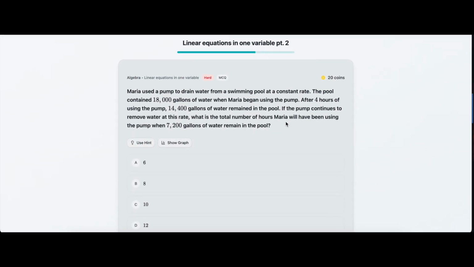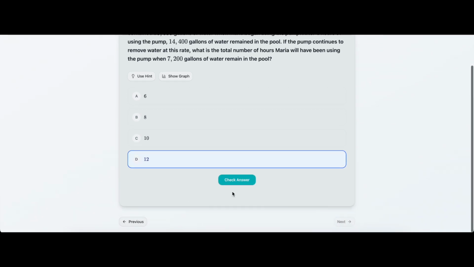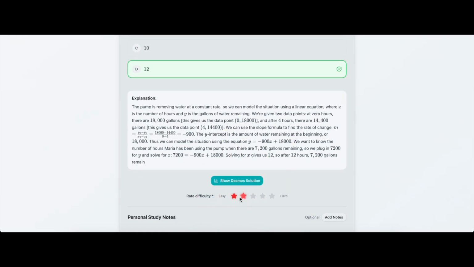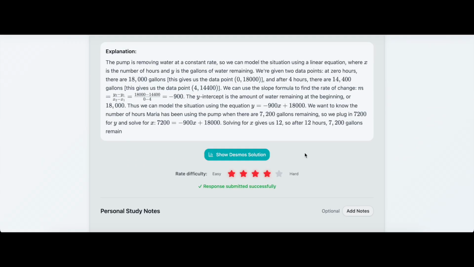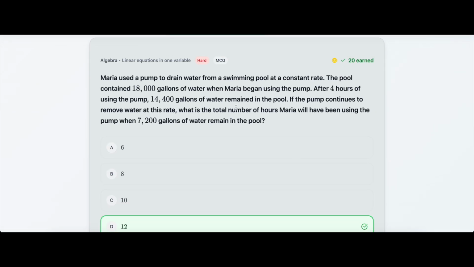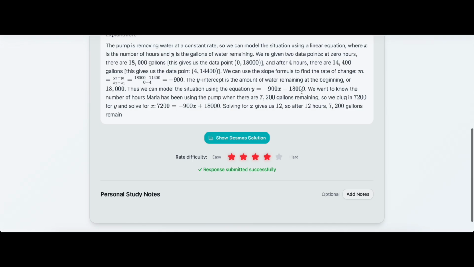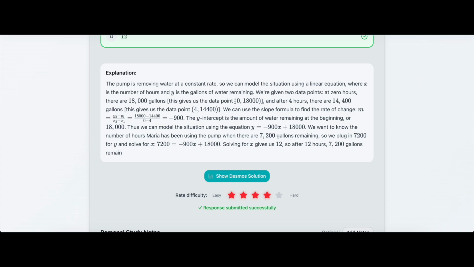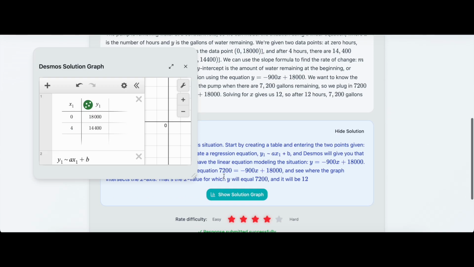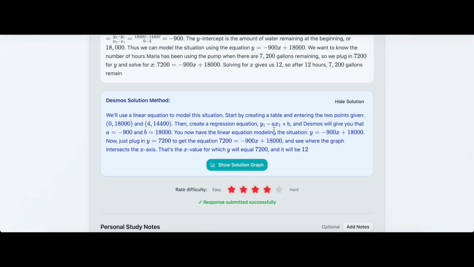Now, if we go back to the problem, we can see that this should be my answer, and we can see that that's correct. That was kind of tricky. By the way, there is also a way to solve this question using Desmos. You still have to do some interpretation. You still need to know how to interpret this problem. But once you get those data points, once you can find that at 0 hours there's 18,000 gallons left, and at 4 hours there's 14,400 gallons left,